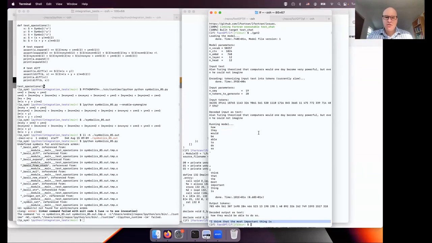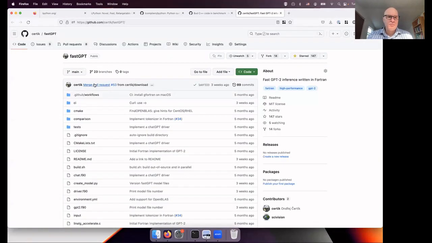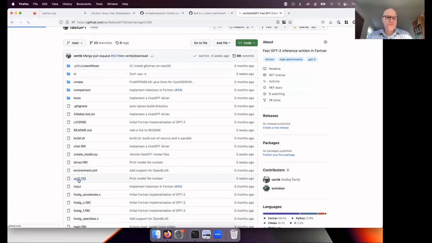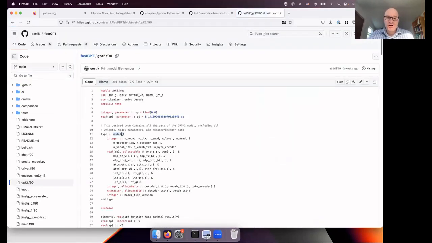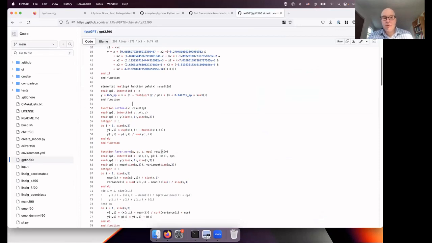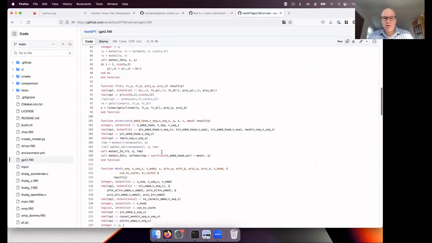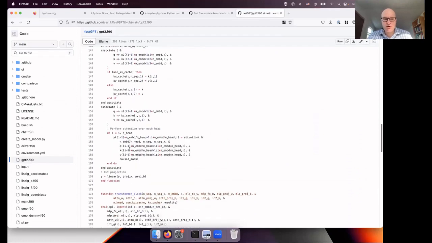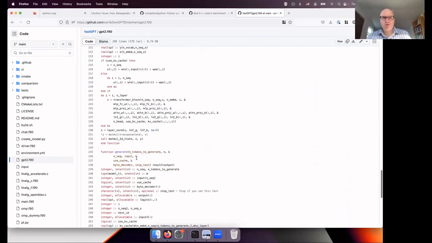And now looking at the code, to get some idea of how it looks. The GPT-2, here is the main file. You can see we support structs. We have arrays inside structs, multi-dimensional arrays, allocatable arrays, meaning they can be allocated at runtime. We can load from a file. We do all kinds of array operations. As you can see, if statements, loops, all of this is supported in LFortran. And that means LPython is inheriting the same backends, the same optimizations, and the same features. All we have to do is hook it up properly into a NumPy syntax.